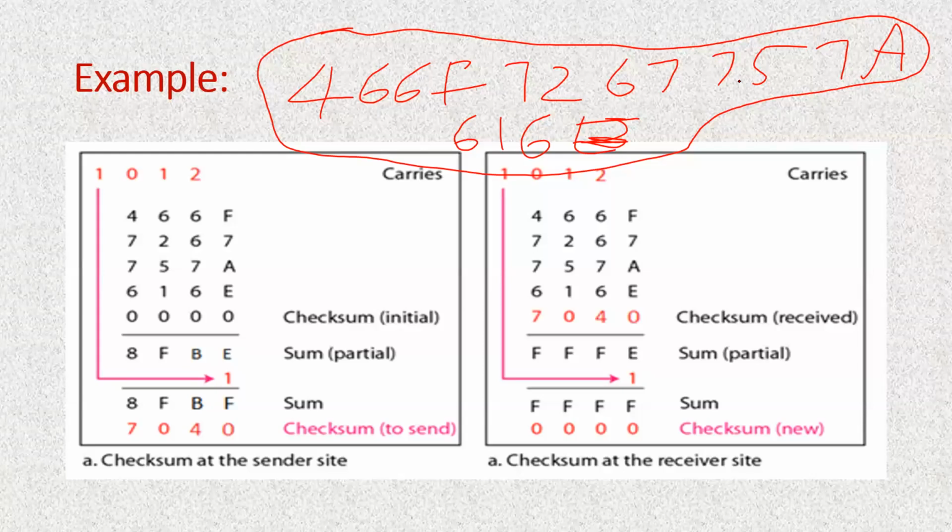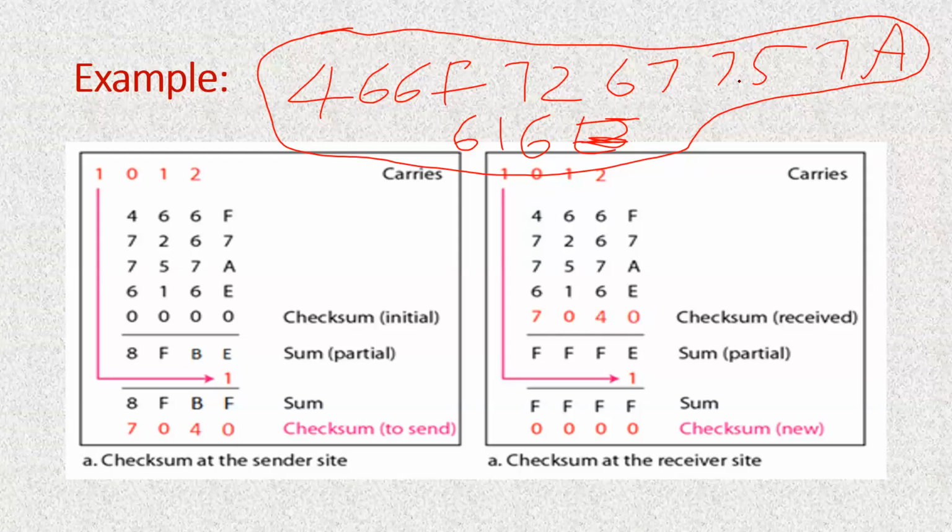Remember this: always, each hexadecimal character requires 4 bits. Each hexadecimal character is represented using 4 bits. Hexadecimal ranges from 0 to 15, 0 to F, where F means 15. So you need 4 bits for representing a hexadecimal character. This is a standard, remember. Each and every hexadecimal character requires 4 bits for representation.